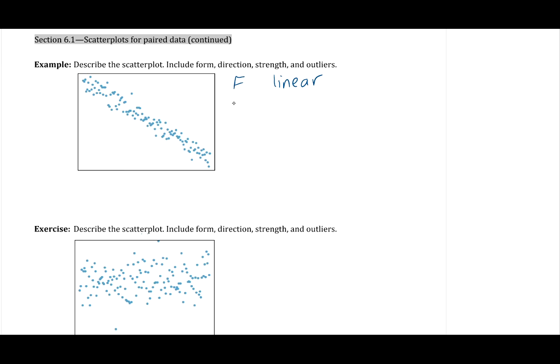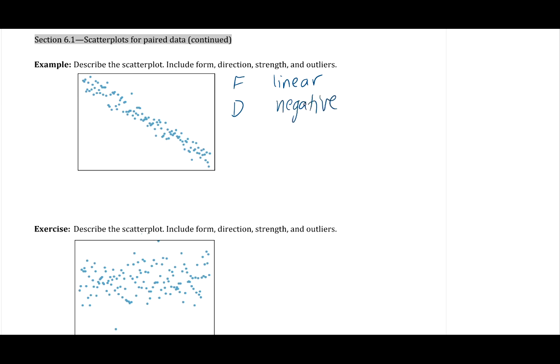The next one is the direction. For direction, we're looking at whether there is a positive or a negative direction or trend to the overall graph. In this case, as our x values increase, going from left to right, our y values are decreasing. So overall, the graph has a negative